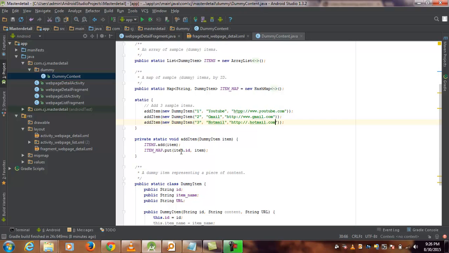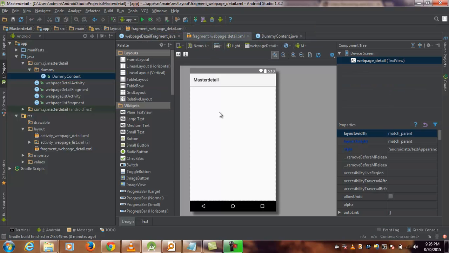I save this. Okay, and now we have got all the content which has to be edited in our dummy content.java file ready. And next, something which we have to go back to our XML file. Now we'll have to look into the design. So far we've got the brains of the application running. Now we'll have to go and change the